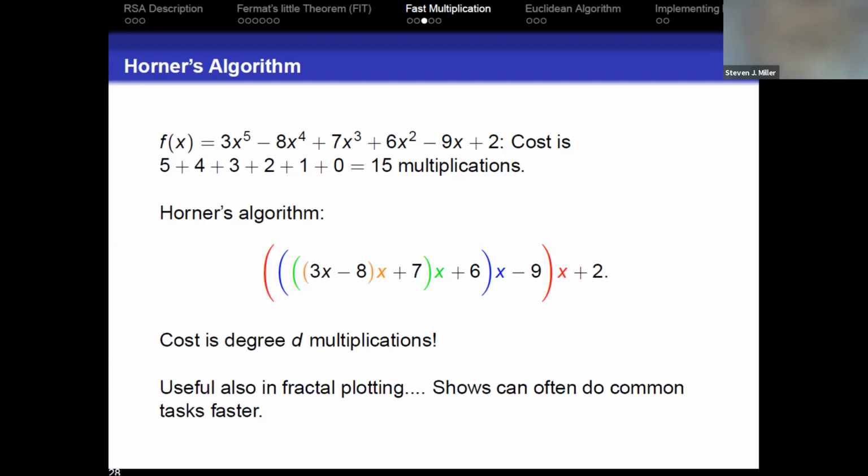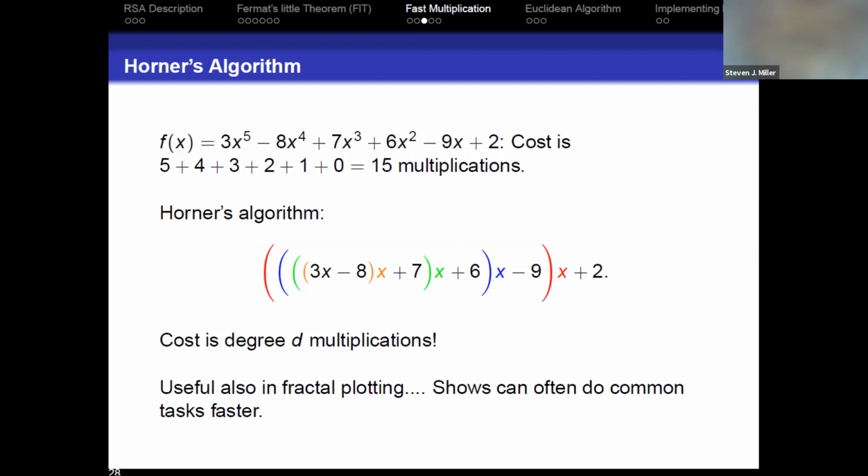So an order d algorithm is not bad, unless d is big. So if d is of size 10 to the 400, yes, 10 to the 400 is much better than 1/2 of 10 to the 400 squared. But 10 to the 400 is so huge that it is impractical to use something like this. I do not know a better algorithm than Horner if I have to look at a general polynomial. But maybe we don't have to look at a general polynomial. One of the challenges is that if you are trying to find something that works for everything, there are so many different things you have to handle. It'll work for everything, but it's almost surely not going to be optimal for a lot of things.